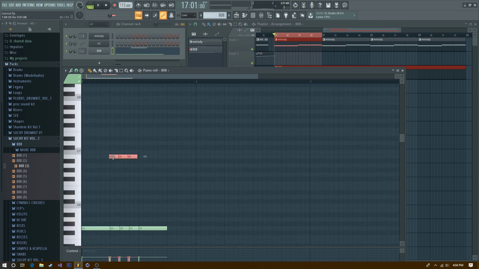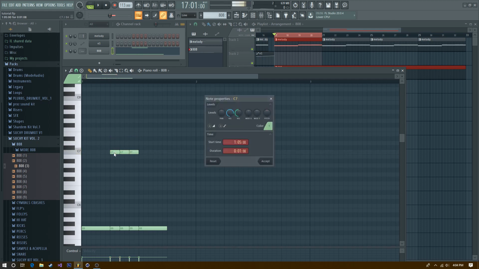Or 2 octaves or 3, like so. And now you're going to want to double click and click this right here. This way it slides to the note up the octave, and you're going to want to do this with all these. So now if you listen to it,